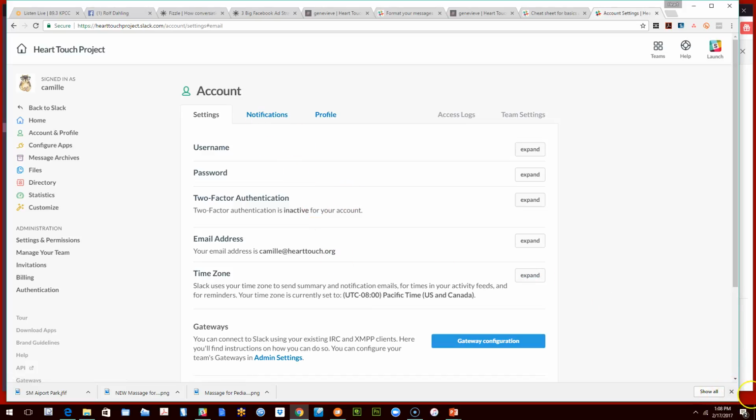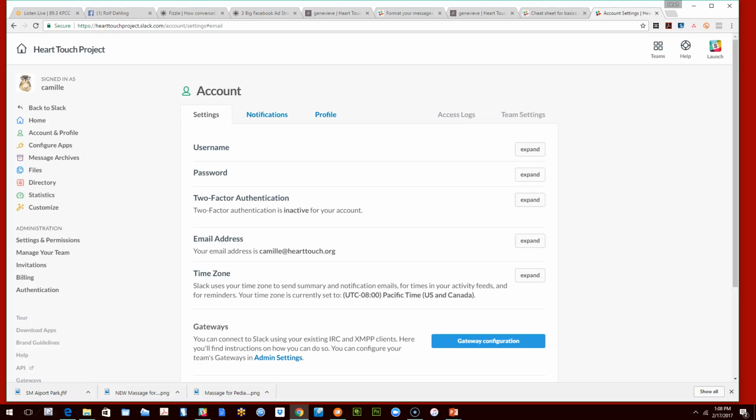So that is settings. Let's look at the next one here. So preferences. This is really interesting. So preferences,